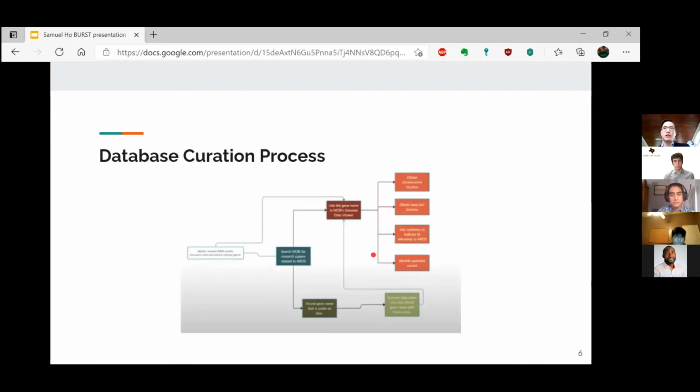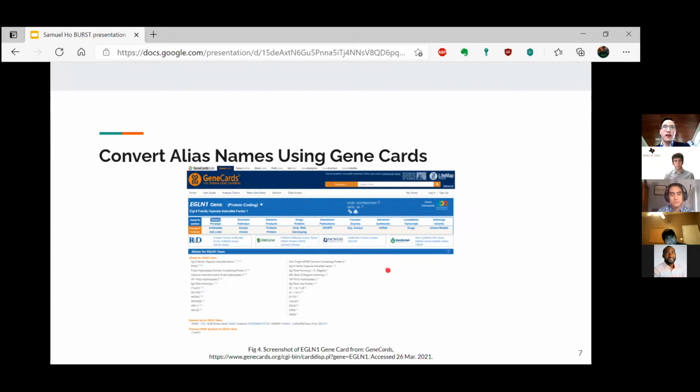And now I will explain what we would do if we found that a gene was under an alias name. Namely, we would use something called GeneCards. So here's a screenshot of the GeneCards interface. In some papers that we would look at, we might find the gene under an alias name. In this case, some alias names could be HALAH or SM20. And here, if we were to search it into GeneCards, we could then track back to finding the official gene symbol, in this case, EGLN1, so that we could have this official gene symbol for our database.